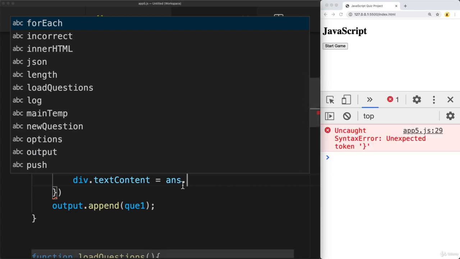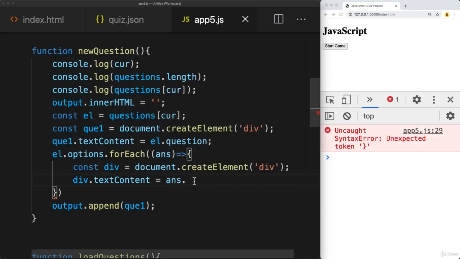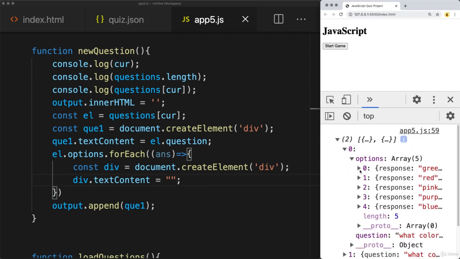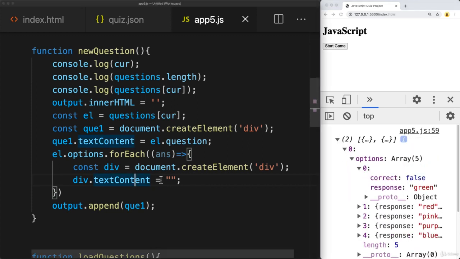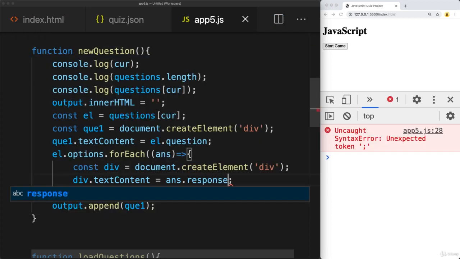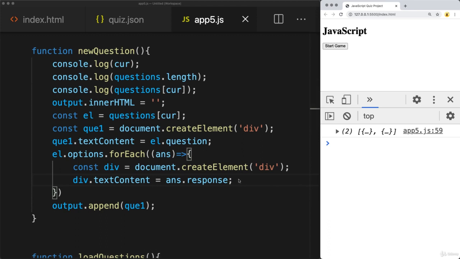So let's go one more time, take a look at the structure. So answer, and within the options, so we've got a value for response. So that's the one that we're after within the answer response. And it's also kind of a Boolean value for whether it's correct or not. So we'll make these clickable, and then that's where we can check to see if it's correct or not. So taking the text content of the answer, and let's return back the response object. And save that,